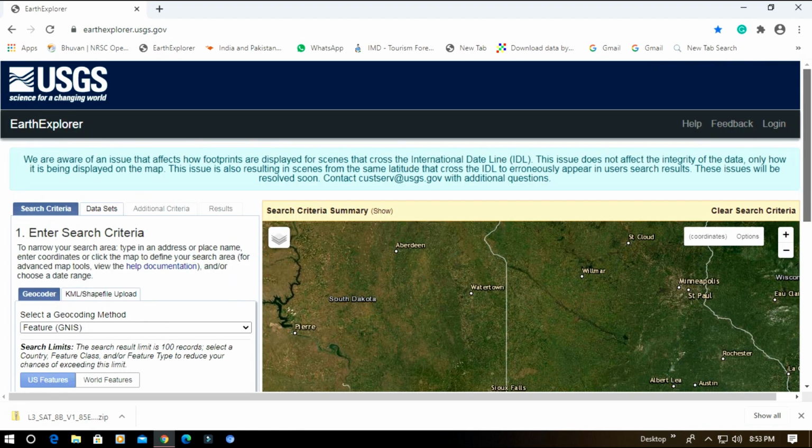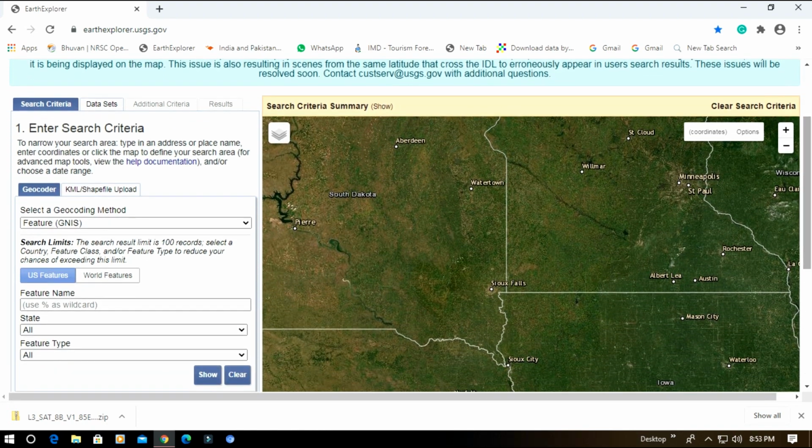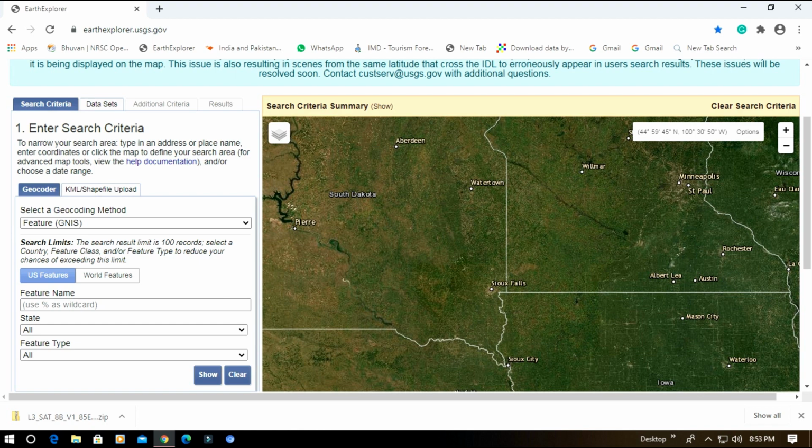Then you need to log in, but before login, see the different tabs. Here the search criteria, here the data set, here the additional criteria, here the results. But without search criteria, we cannot activate the additional criteria.